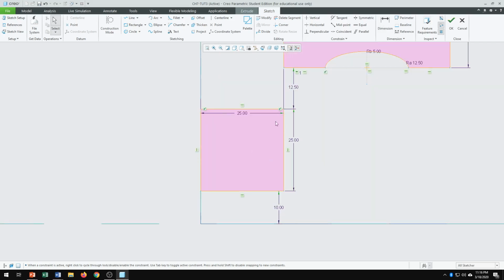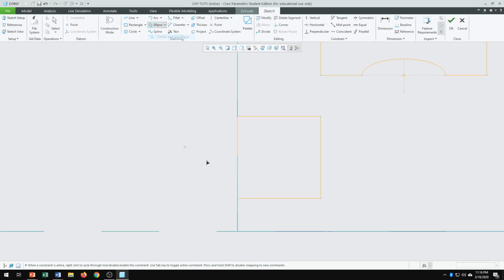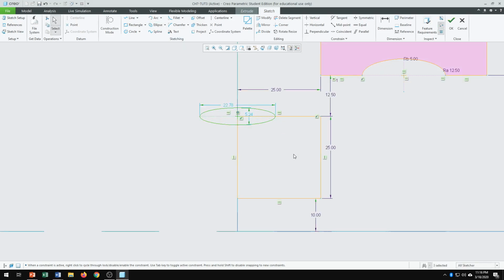we're ready. So I'm going to look at this one here, the ellipse. Please use center and axis ellipse for this feature, okay? You're going to start from the center. The center is here. So you stretch a little bit and then you stretch. We want to keep the bottom portion here, a quarter of an ellipse. So I will delete this piece, this piece,